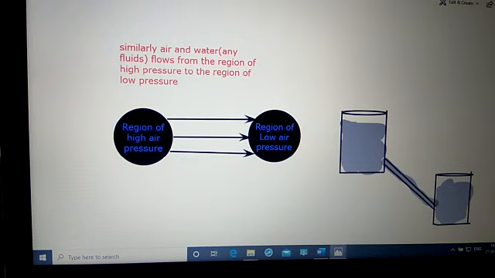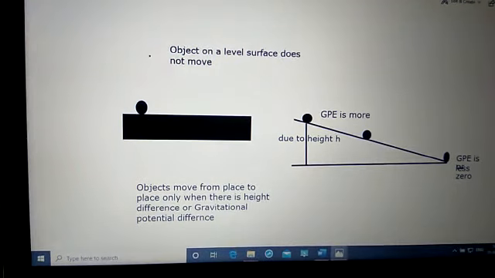See, I will take one more example to support it. So here is a horizontal surface. On this horizontal surface, a football is kept. Do you think this football can move from here to here? Unless you exert an external force, the ball doesn't move. Without the application of external force, do you think this ball can move from this end of the horizontal surface to the other end?